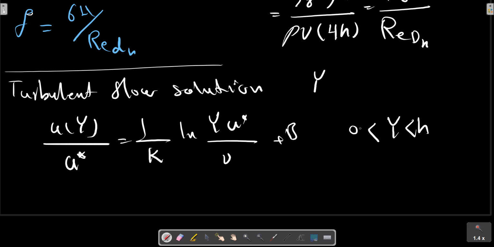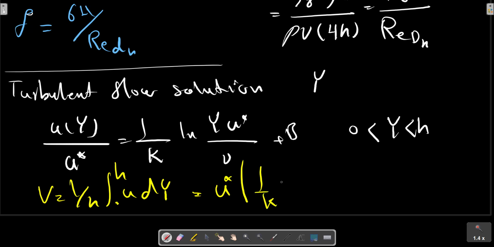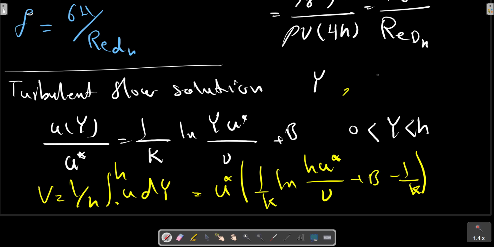The distribution looks very much like the turbulent profile for pipe flow in the previous example solution, and we can obtain the velocity as a relation between two plates u of y, from which we can calculate the friction velocity, recalling that V on u star equals, we have that the relation for